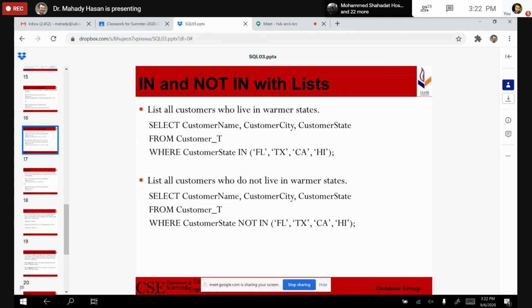We should not say major equals computer science and engineering, or major equals computer science, or major equals computer engineering. We don't need these three statements. Using the IN clause, we can put all the values within the brackets and compare. Make sense?